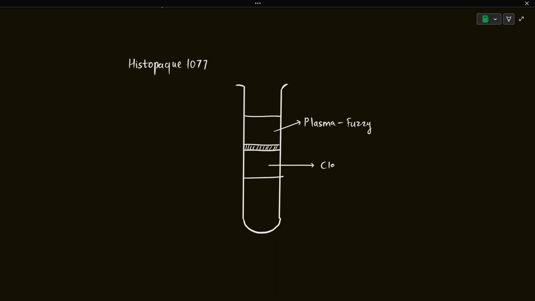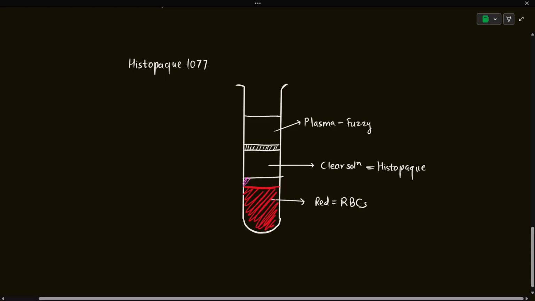This will be a clear phase, which is actually the histopaque. Below that will be red blood cells, a red solution. This solution will be reddish in color, and there will be some lighter colored layer over the red blood cells, which is also known as